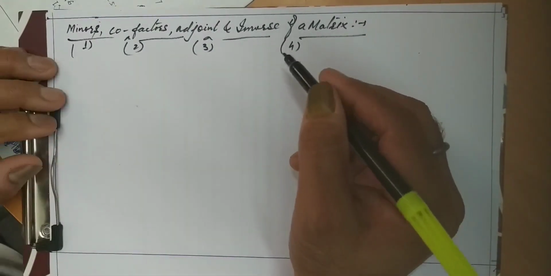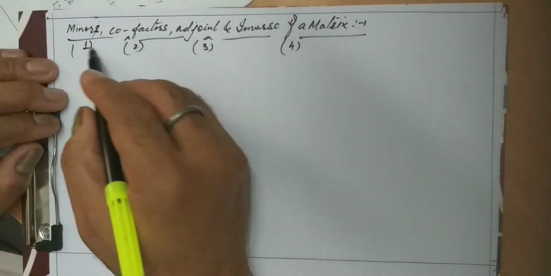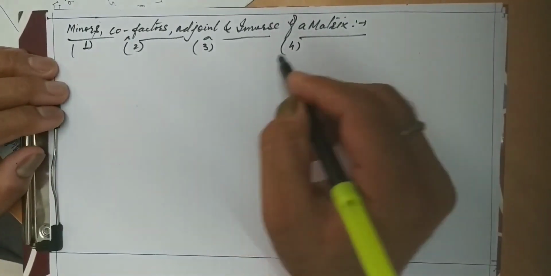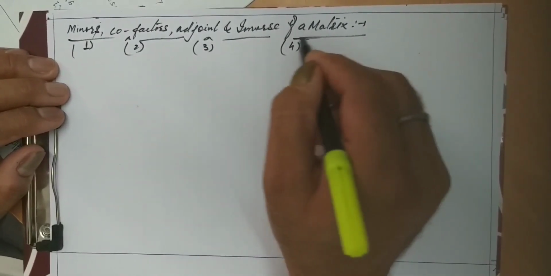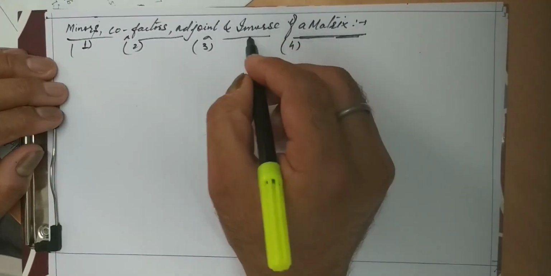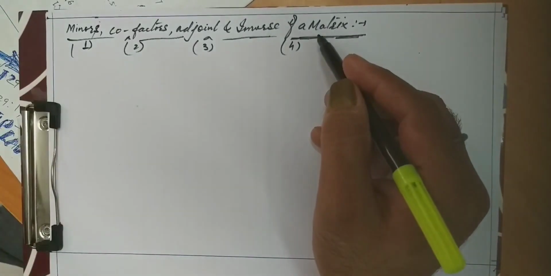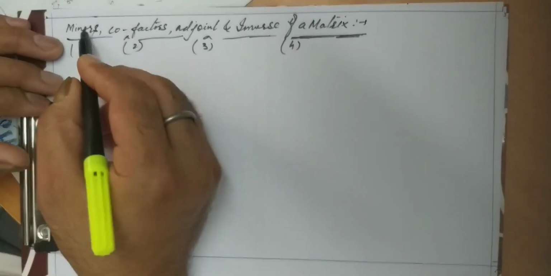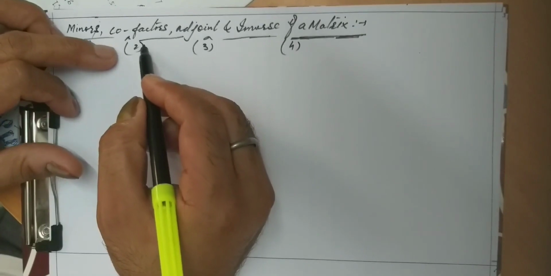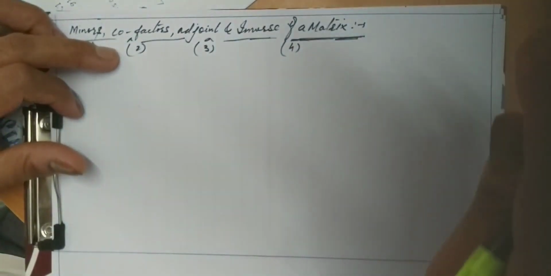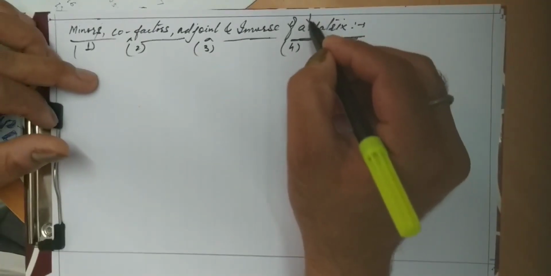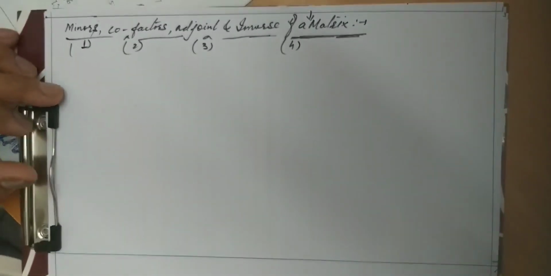You will be seeing here that actually these 3 are steps to reach the upper part of the building, that is called inverse, that is the topmost part. So we'll start with minors and then cofactor is the second part, and then slowly, gradually we will be climbing these stairs to reach here, that is inverse of a matrix.